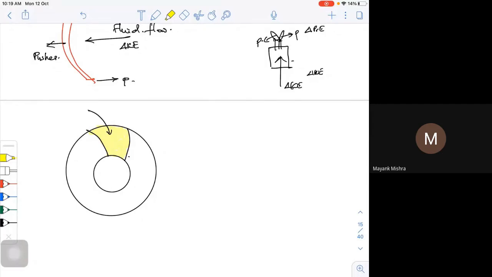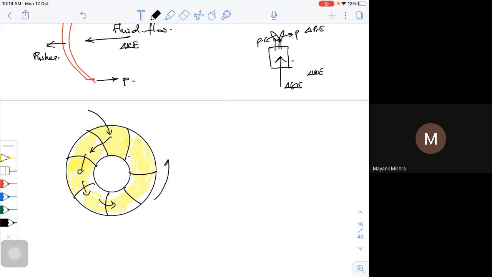It may not get filled actually. But the fluid will just get filled up between your blades. Once the fluid fills, it has a certain amount of kinetic energy, and I also have a little bit of pressure. Because of that, say this is my blade, it will try to push, and it will try to flow.